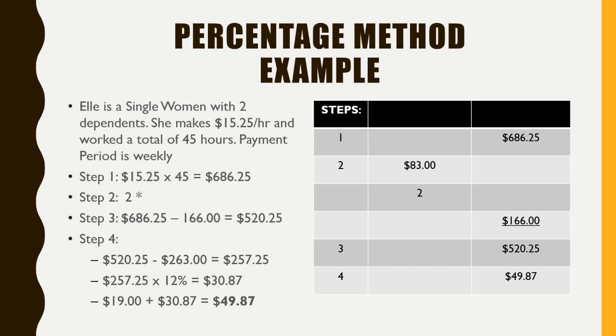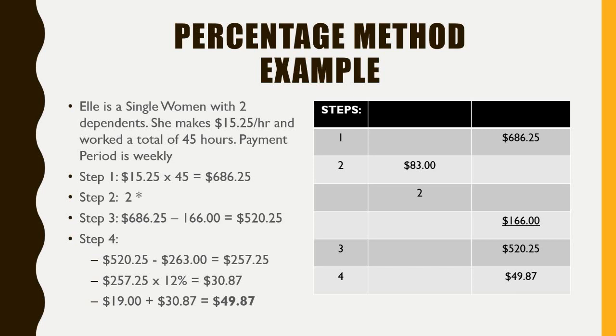to get us a grand total of $257.25. We're going to take this number and multiply, because this is in excess of the money that we made over the amount that we get to keep. So this is called excess money. With this excess money, we multiply it by the percentage, which we recognize was 12%. So once we do that, we take our $257.25, we multiply by 12% to give us a grand total of